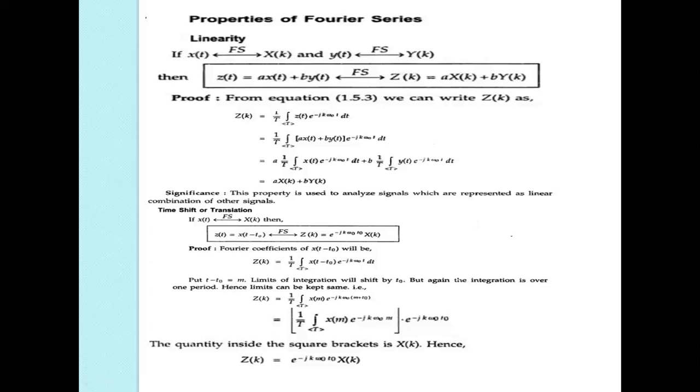Then you can see the second property: time shift or translation. Simply saying, time translation. The statement of the time shift property says that if the Fourier series of x of t is x of k, then taking z of t